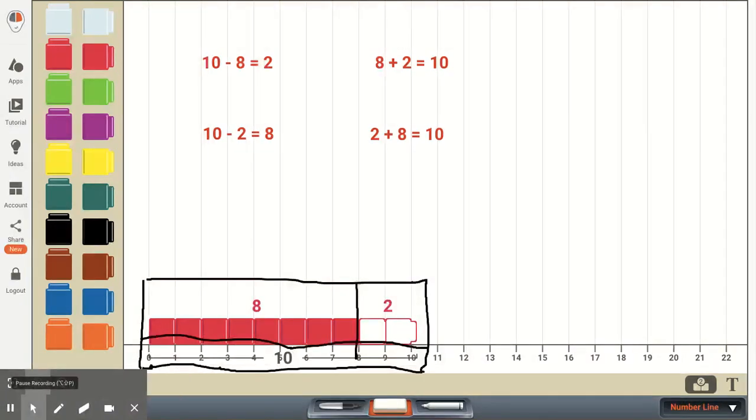Other students may use something that's called part whole. So if we look here, we have 3 boxes. On the top, we have 2 parts. We have the 8 and the 2. And when we put the 2 parts together, when we add them, when we join them, 8 plus 2 would be equal to 10.